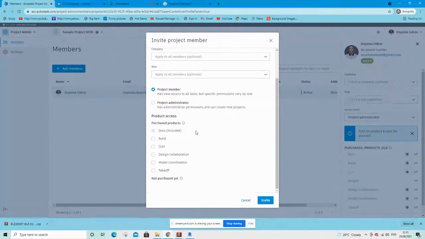So depending on what you want them to do, in this case, our focus is design collaboration, because BIM Collaborate Pro is meant for design collaboration, right? So in this case, I just want them to collaborate on this project, but assuming I want them to collaborate on the field, which is basically another aspect of this project. So let's assume that I want them to collaborate on the field. So in this case, I'll just choose